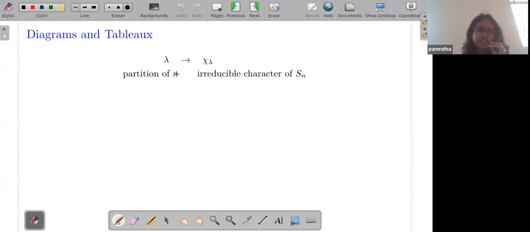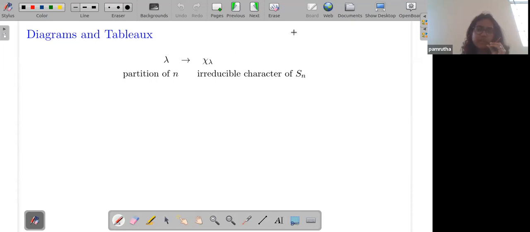Just for the sake, I will recall it. So how the representation theory, how the representations are understood here is, suppose I am considering the symmetric group on n letters, for every partition of n, we will be having an irreducible character or an irreducible representation